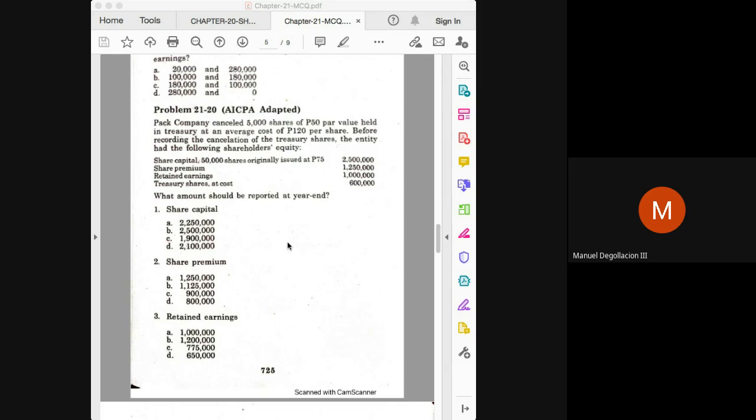Then we know that they were issued at 25 pesos above par, so 25 excess times 5,000 will give you 125,000. So far our entry will look like this: debit share capital 250,000, and debit share premium 125,000, and